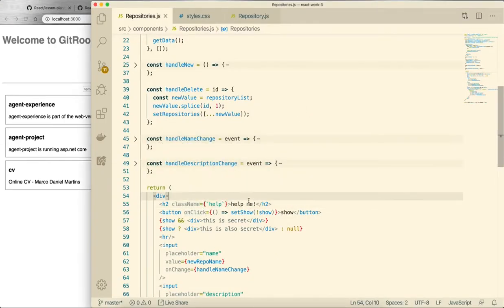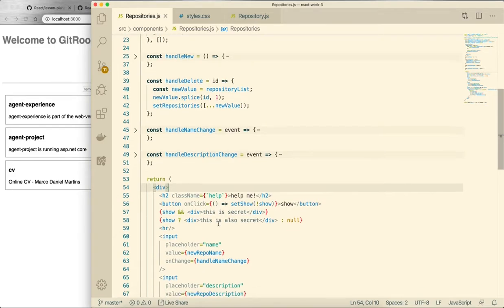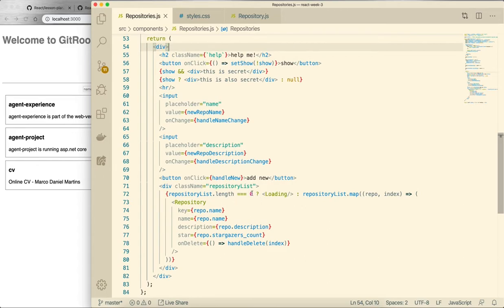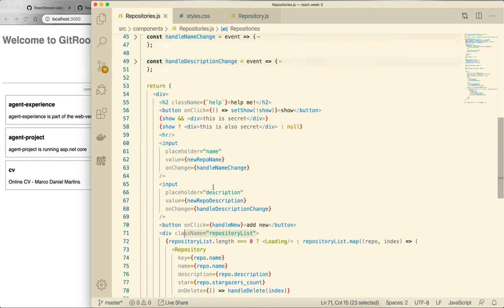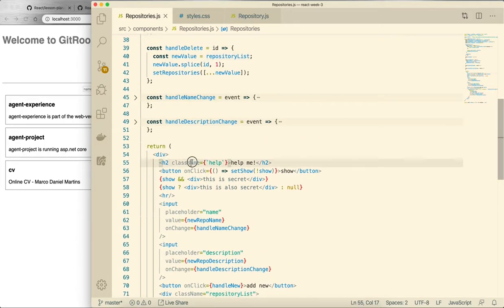Now, again, in here we have a regular class name saying equals and then quotes repository list. And this is acceptable. But also this, we can use as a JavaScript object and then have whatever we want inside. We can do a regular string like with quotes, right? We can do this. This is still valid. All that is valid. Now the reason why I'm using the template strings, the tick, is because, as you probably know, you can do this and you can have